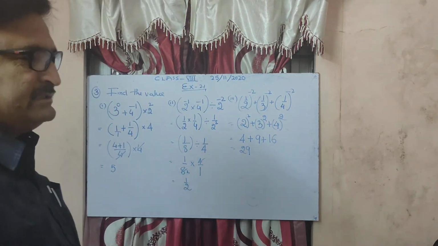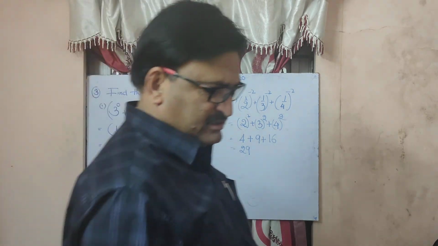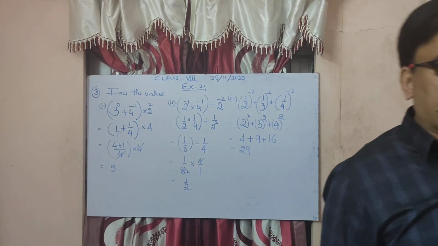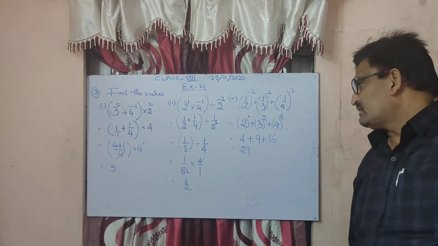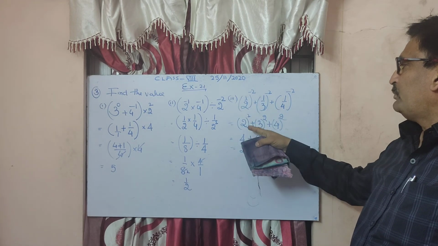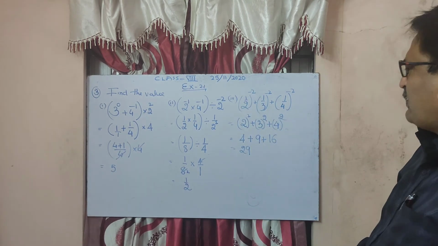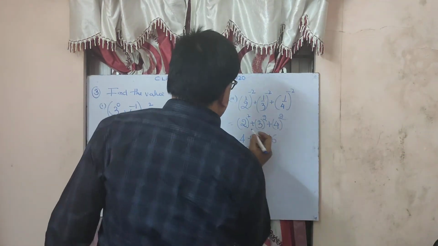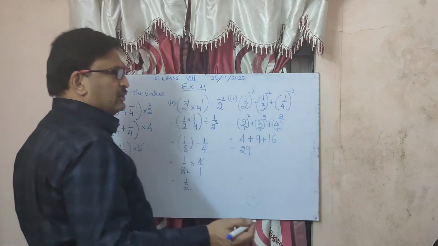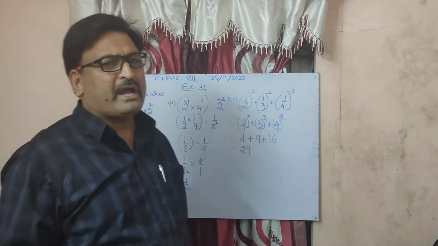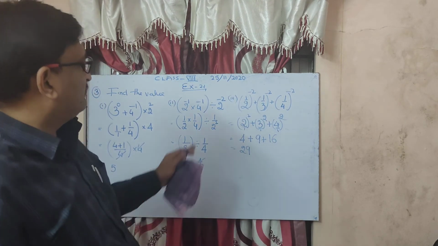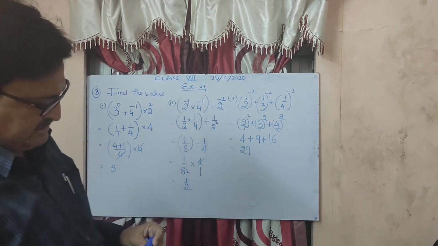Nowadays it is very difficult, I am not understanding whether you're following this or not. How this 1 upon 2 becomes 2. You can write 2 upon 1. If you write 2 upon 1, 3 upon 1, 4 upon 1, the denominator 1 has no value, so I am not writing it. So even directly you can write like that.